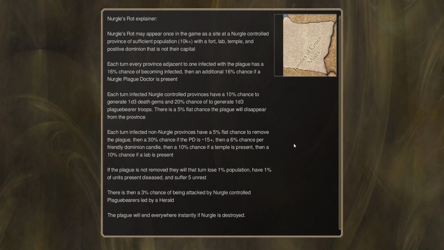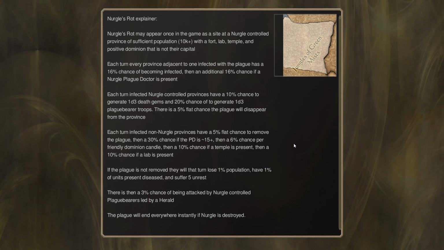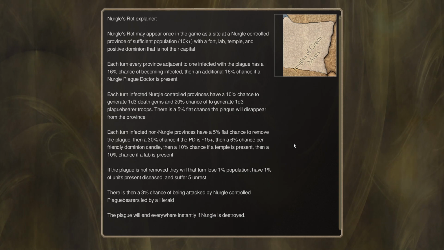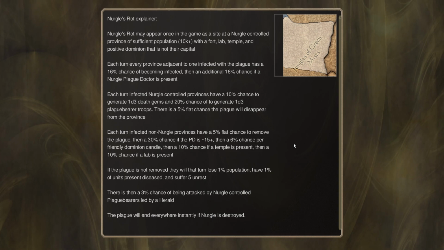Each turn, infected Nurgle-controlled provinces have a 10% chance to generate 1 to 3 death gems and 20% chance to generate 1 to 3 plague bearer troops. There is a 5% flat chance the plague will disappear from the province. Each turn, infected non-Nurgle provinces have a 5% flat chance to remove the plague, then a 30% chance if the PD is 15 plus, approximately, then a